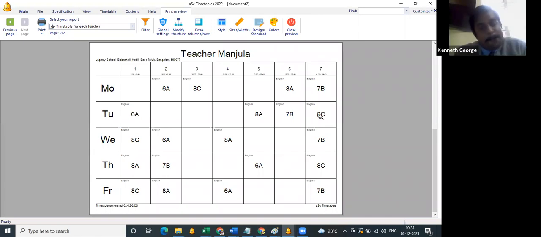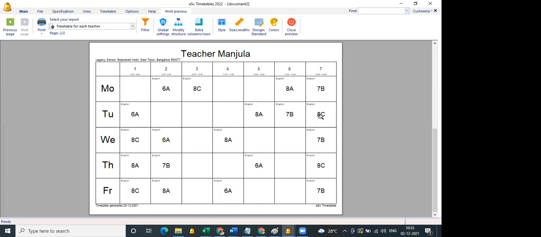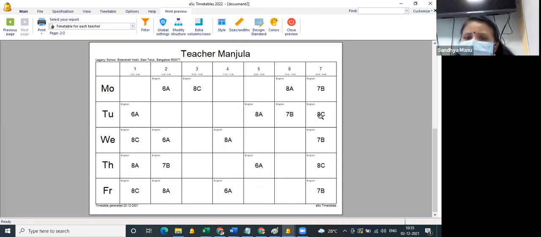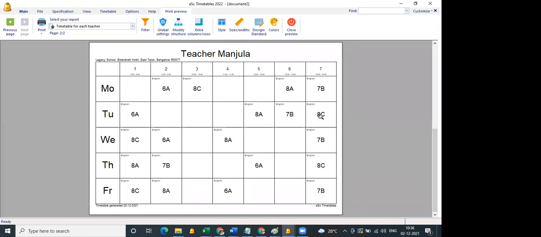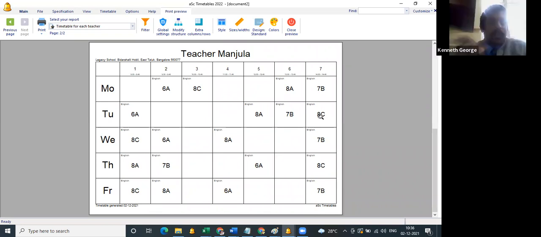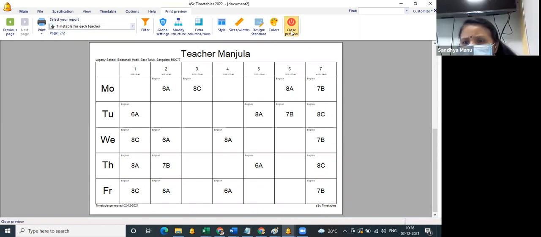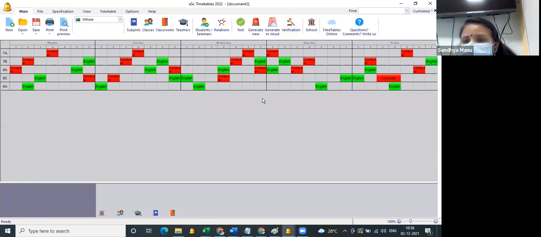Initially, we are restricting it to a few teachers now, so that's why this kind of irregular pattern is happening. But I think it's the last period: Monday last period, Tuesday last period, Wednesday last period. It's not the whole day. If it's computer generated, it will sometimes automatically happen that it comes like that. But I just wanted to know whether you can set it so that it doesn't become too heavy. That should be possible as a constraint, Naresh, isn't it? That a teacher should not have more than so many classes per day.